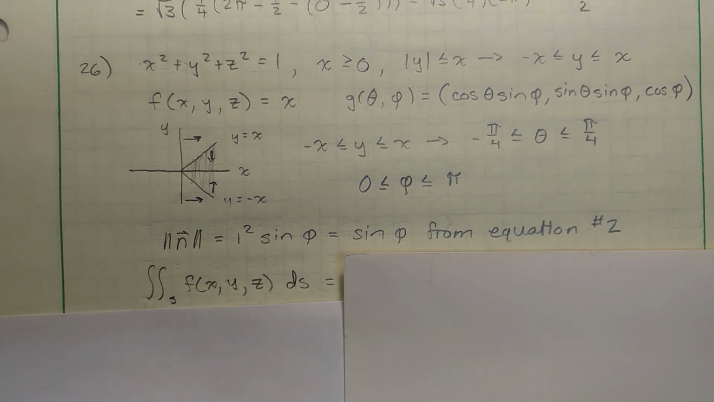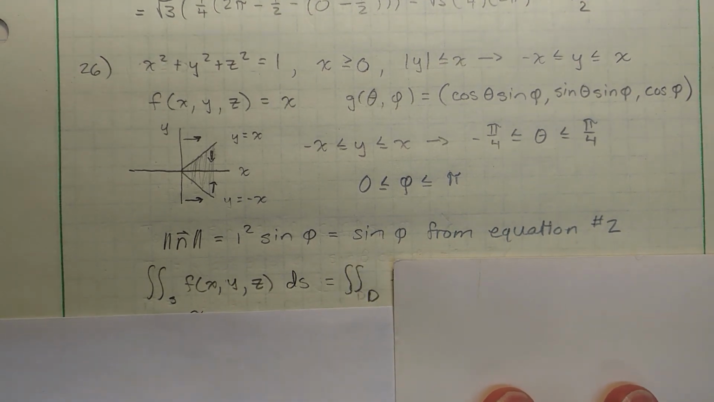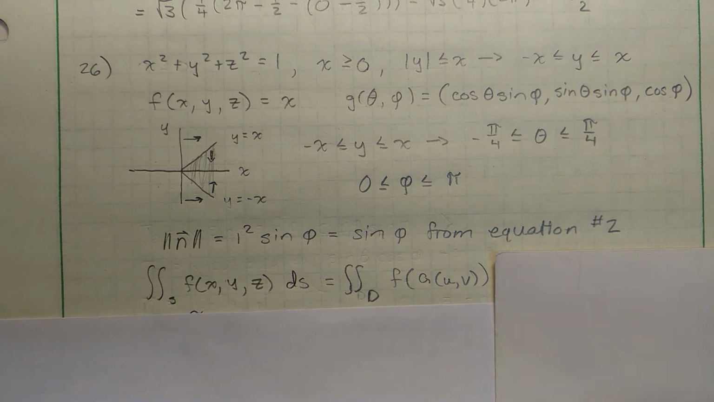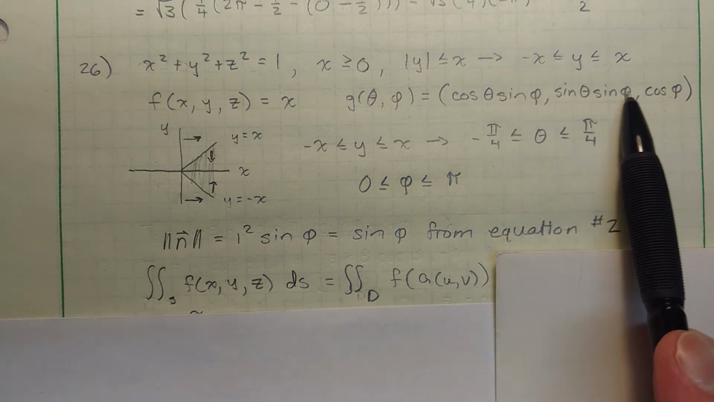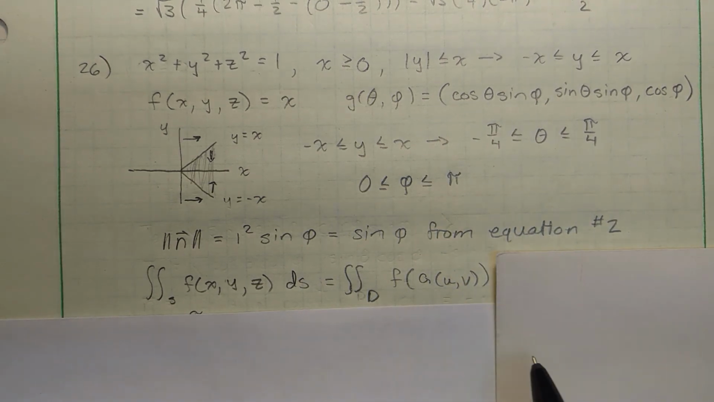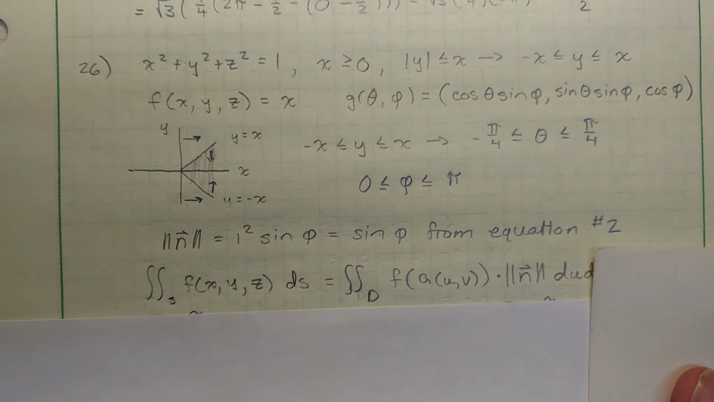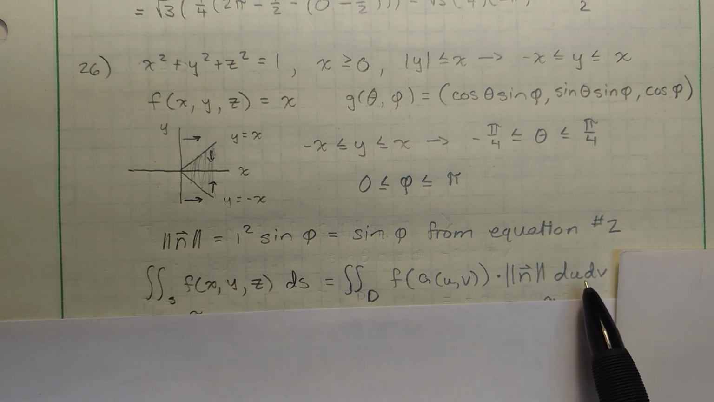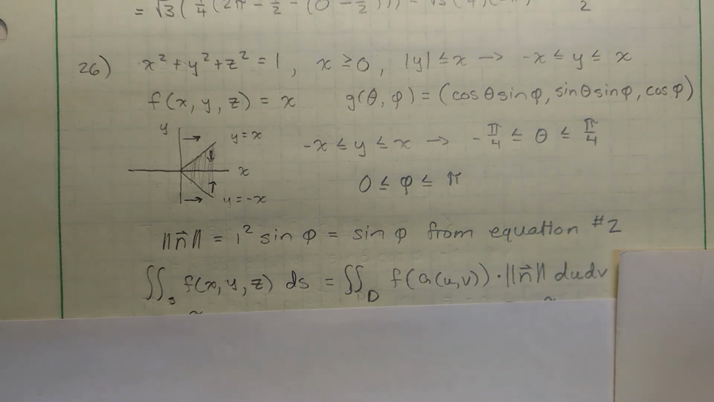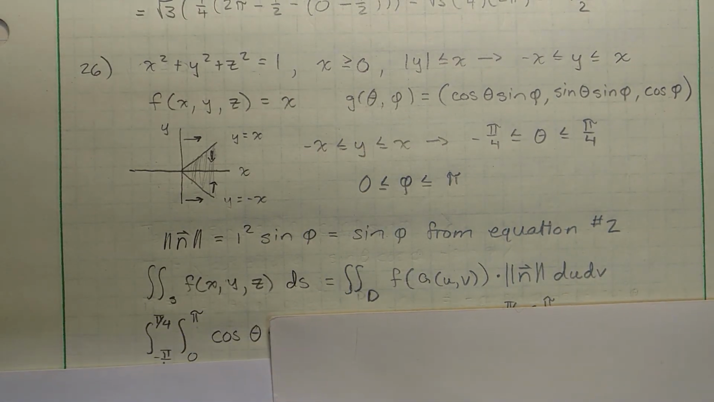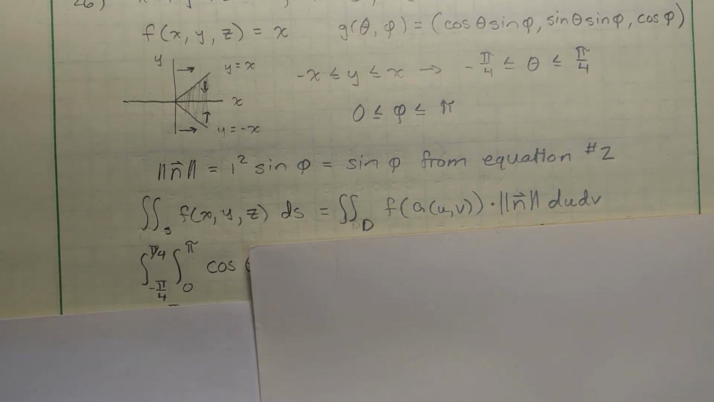Our general integral is going to be over our specific domain, with our function expressed in terms of our parameterization. Remember, our parameterization is this right here, and this is going to be times our magnitude here, and it's our du dv. Of course, our u and v are going to be theta and phi in this case, because that's what we parameterized with. So doing that, I get negative pi over 4 to pi over 4, 0 to pi,